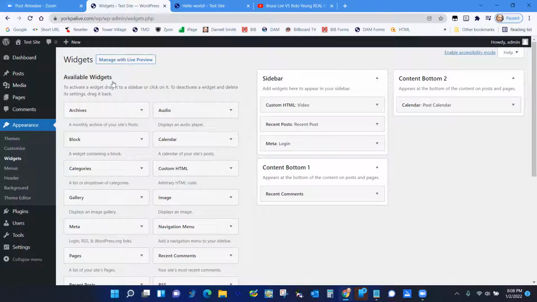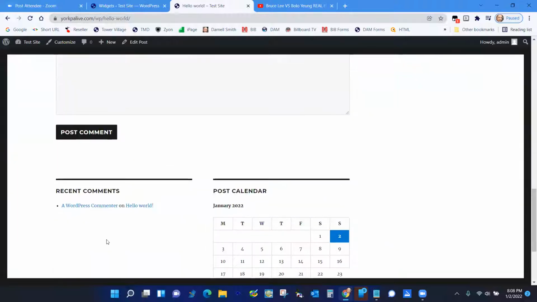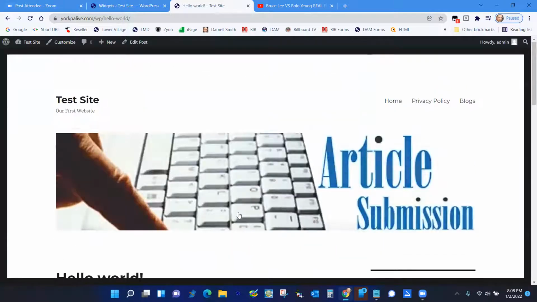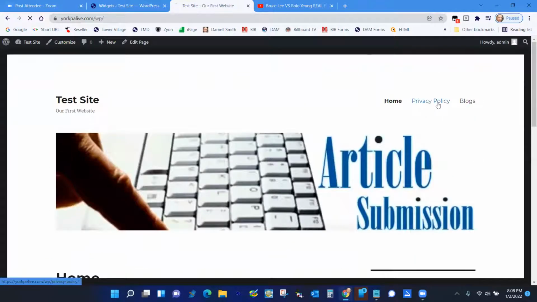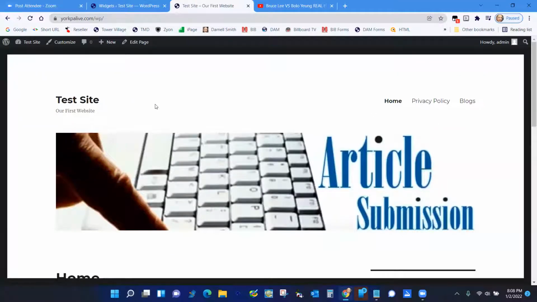All righty. So now we got widgets. Let me go back to the front. We got widgets in our sidebar. We got widgets in our footer. We have a home page that we click. We go to the home page. We got some pages we've added. We have a blog area where all the blogs go. So now let's go ahead and add some pages and some posts, and you'll be close to understanding how the